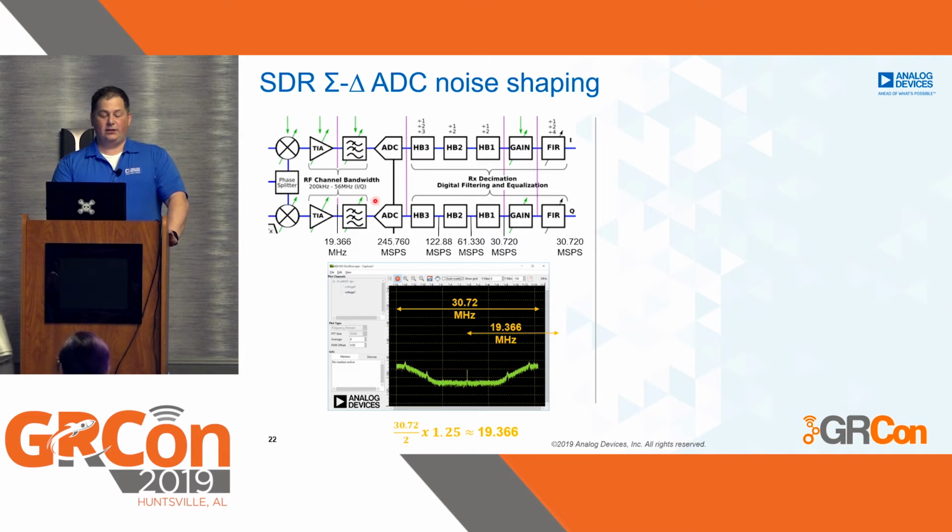We set these filters to be half of the bandwidth times 1.25 so that we don't actually get that much droop in the passband. And we set them to 19 because the people who write this portion of the documentation think of this as a 19 megahertz filter and this as a 19 megahertz filter, but in aggregate, it's a 30 megahertz filter from an RF bandwidth versus a baseband bandwidth.